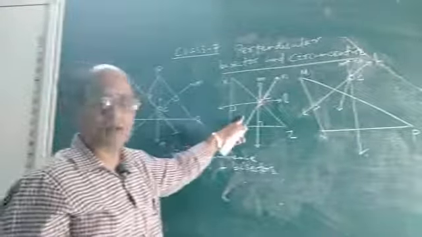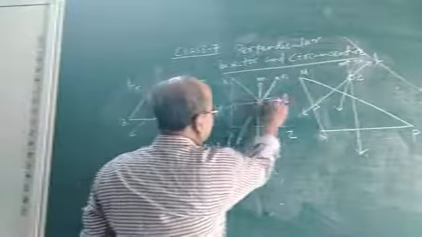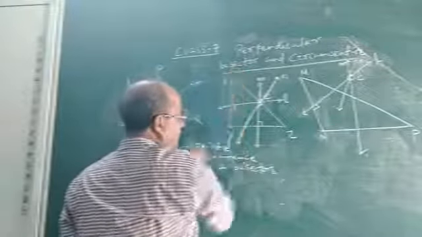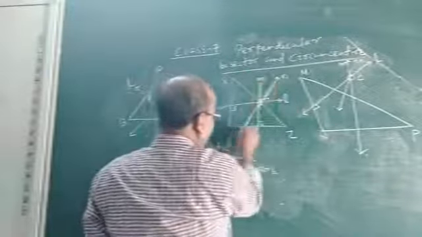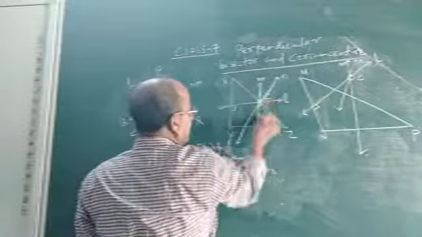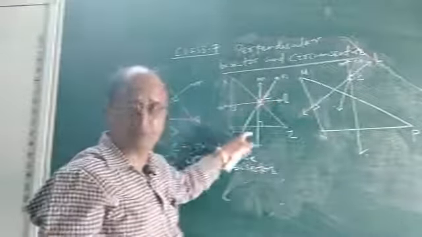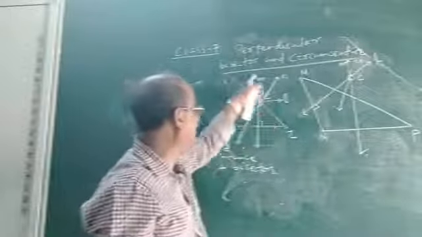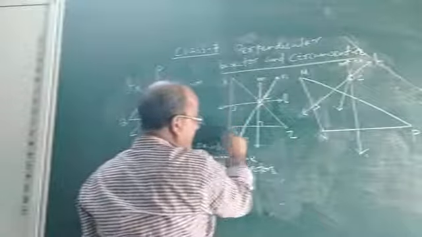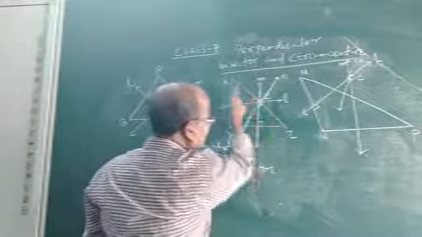Now, let us discuss about a right angle triangle. See, this is a right triangle. Suppose XYZ. Now look at this line L. L is the perpendicular bisector of XY. Now see, M is the perpendicular bisector of YZ and N is the perpendicular bisector of XZ. Look at. In this figure, we find 3 perpendicular bisectors, namely L, M and N. L is the perpendicular bisector of XY, M is the perpendicular bisector of the side YZ and N is the perpendicular bisector of the side XZ.